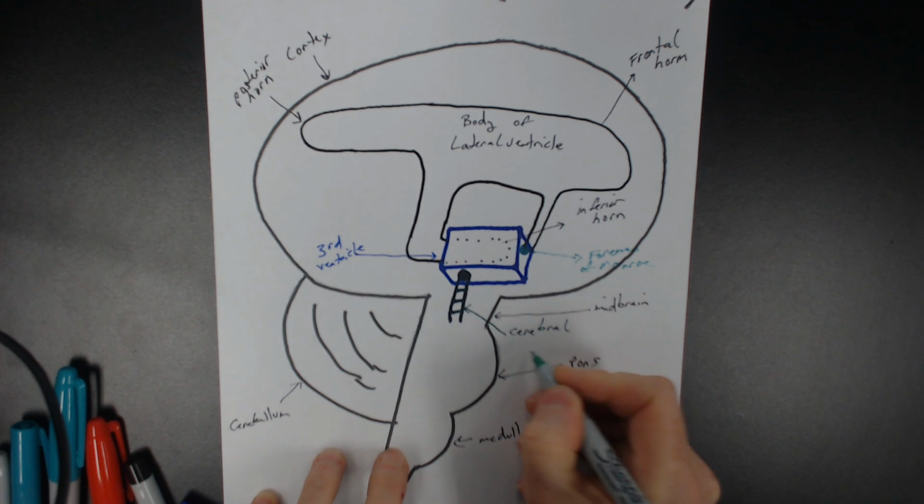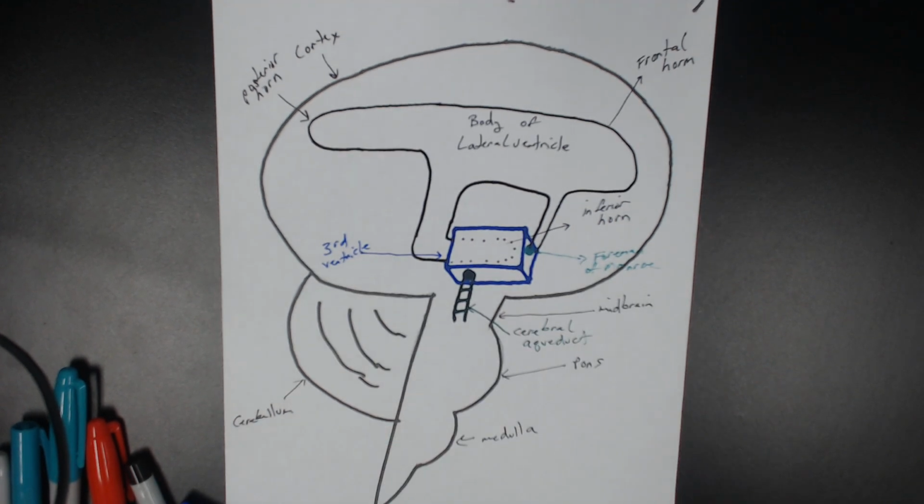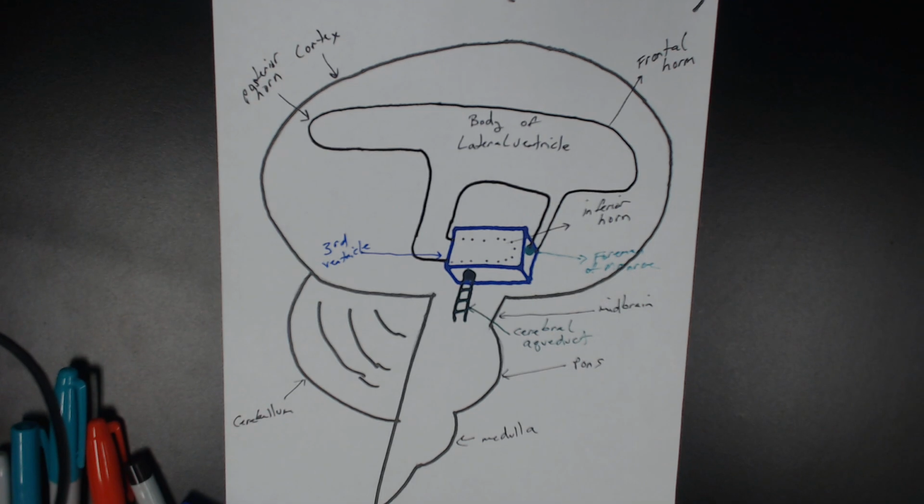Cerebral aqueduct is nothing more than a channel through the midbrain that connects the third ventricle with the